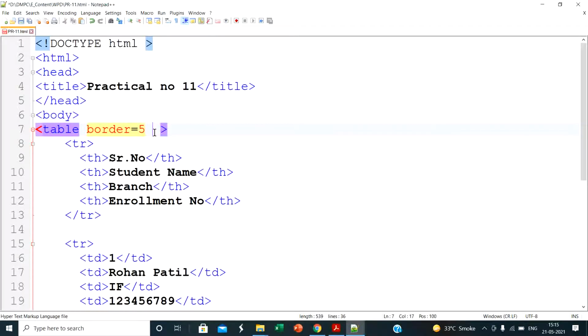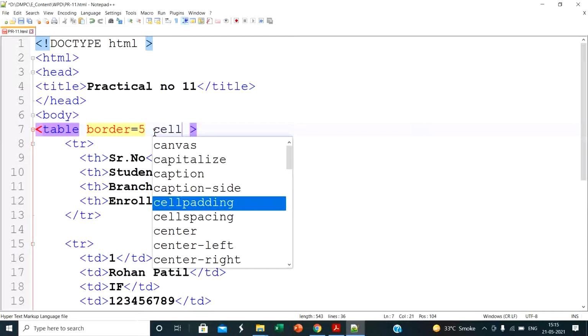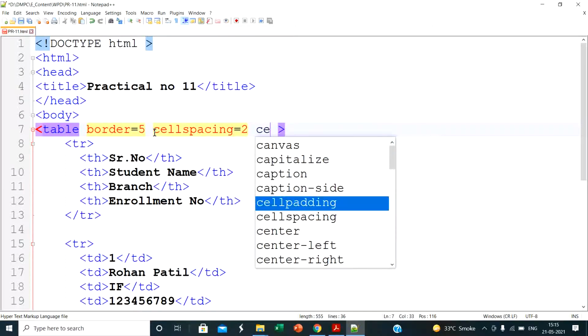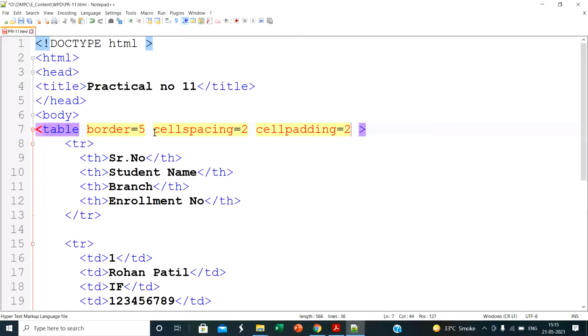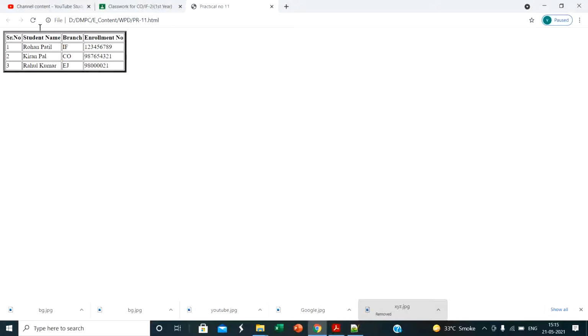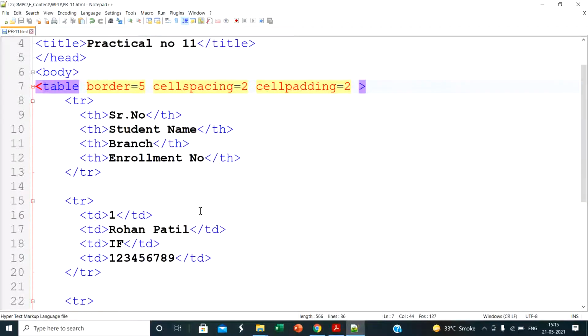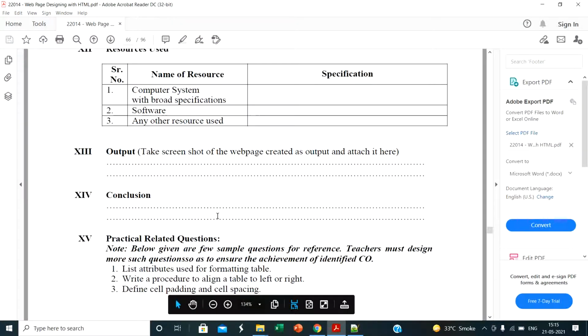Here I add cellspacing equal to 2 and cellpadding equal to 2, two more attributes of the table. Save this file and refresh the page again, and it displays the cell spacing and cell padding effect in your document. So this is a simple practical to create a table in your HTML web page.